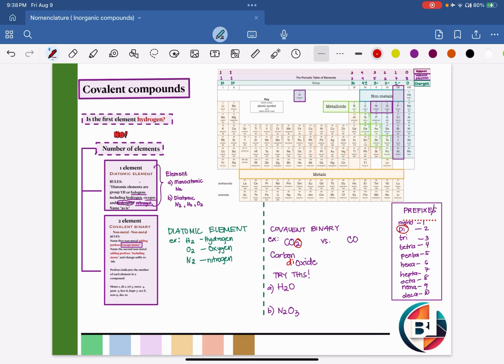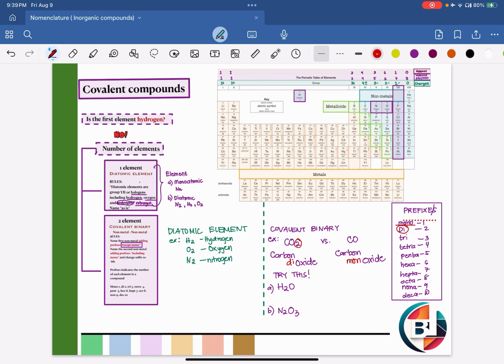Let's compare it to CO. Again, your C is named as carbon. You have only one, but the rule says that you cannot use mono in the first nonmetal. Moving forward, we have oxygen. Change that to IDE, you have oxide. Looking at it, it has only one atom. So this time you can use the word mono. Let me emphasize it again. Mono is only utilized in the second nonmetal.